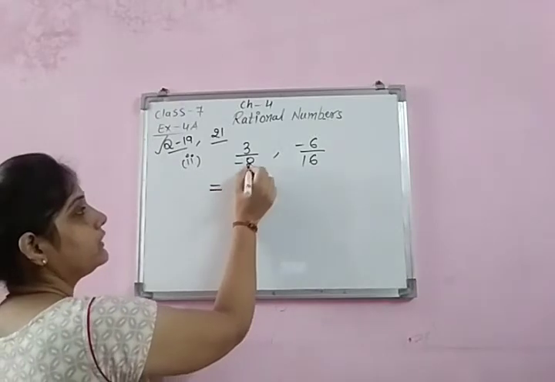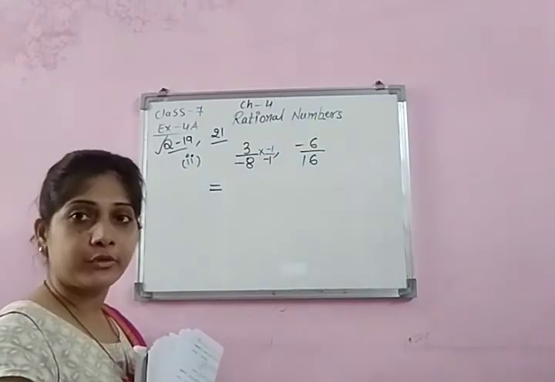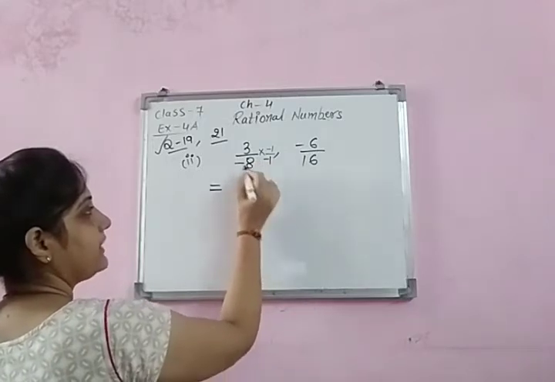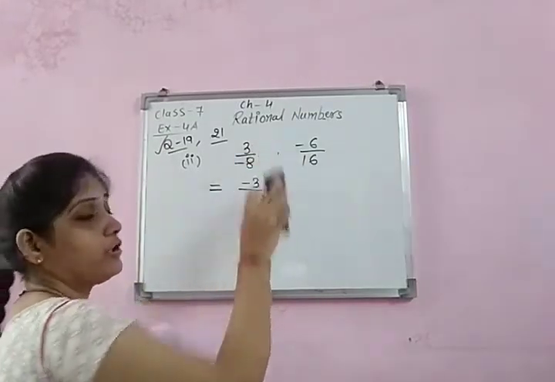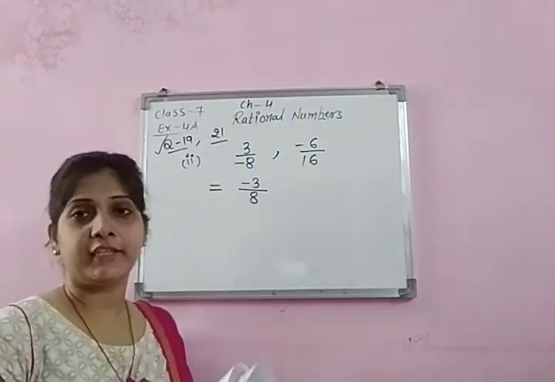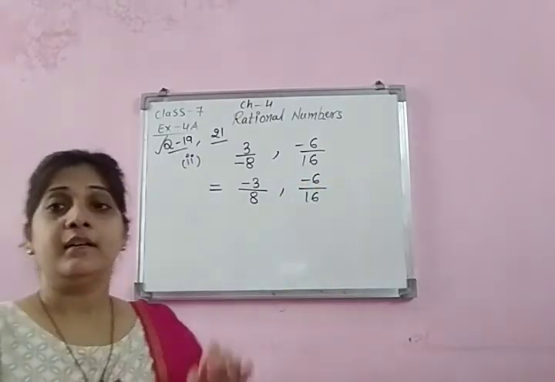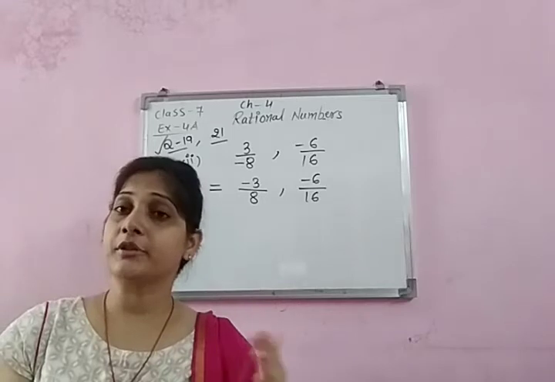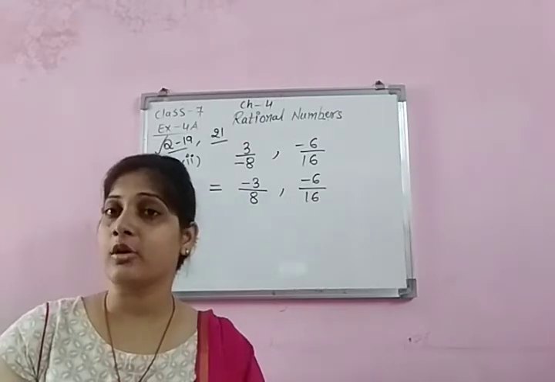I told you in short, its denominator is negative, so we have to multiply it with minus 1. No need to show the full solution, you can do it directly. 3 1s are 3, so it gives me minus 3, and minus minus is plus, so 8 1s are 8. So what we observe from here: if we want to make the denominator positive, we have to shift the denominator's negative sign to the numerator. This is the short way. And the second one is already positive. If you are not making the denominator positive, you can't solve it further; if you solve it, everything will be incorrect. So make sure the first step is to make the denominator positive.